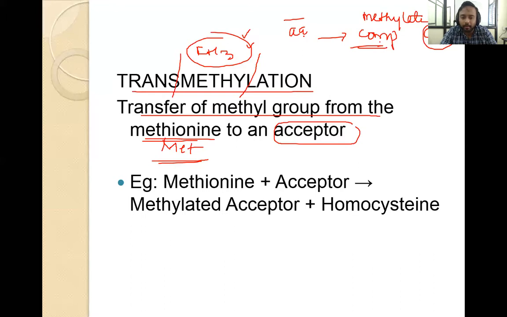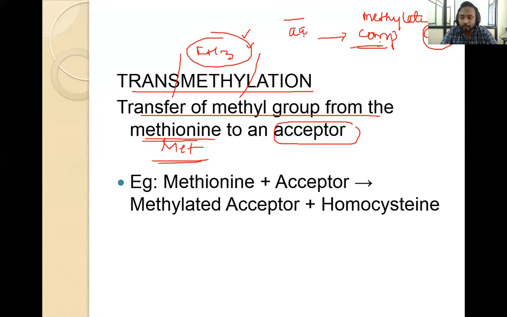Polarized light is actually straight. If it doesn't show any activity, it is expected to move straight. When you see it on the screen, it should hit at the center. But what is happening? Because of a property of this amino acid, the chiral carbon atom or asymmetric carbon atom, the alpha carbon atom is attached to 4 different groups: here the amino group, here the carboxyl group, here hydrogen, here the methyl group. So when the carbon is attached to 4 different groups, it shows optical activity. It means it has the capacity to rotate the ray of light.